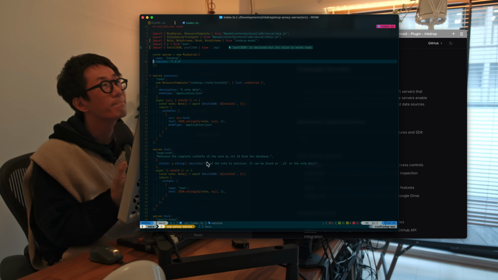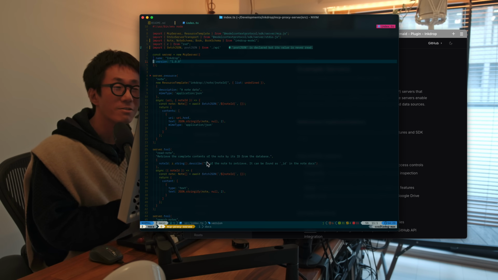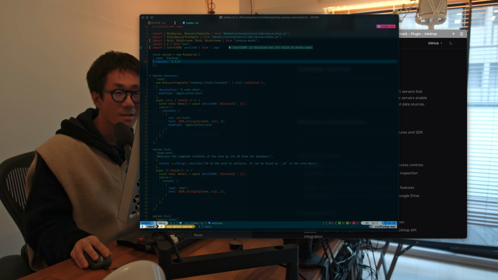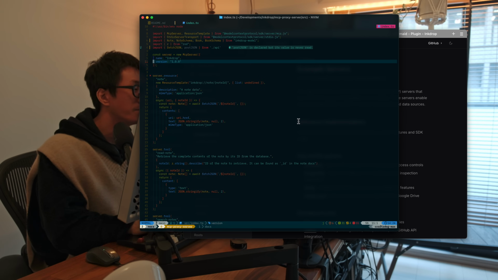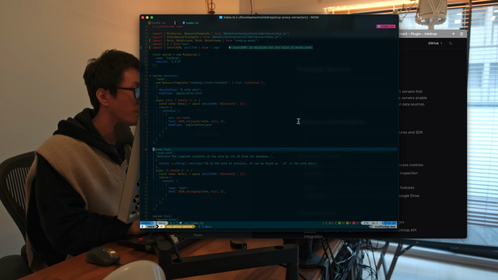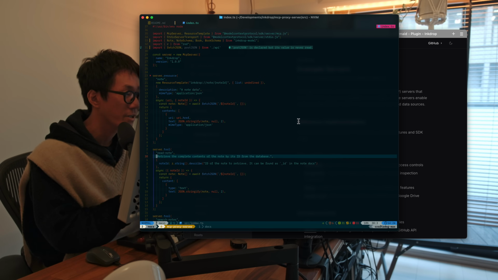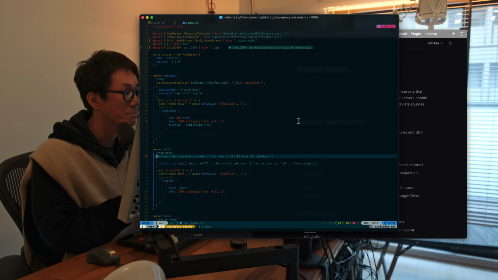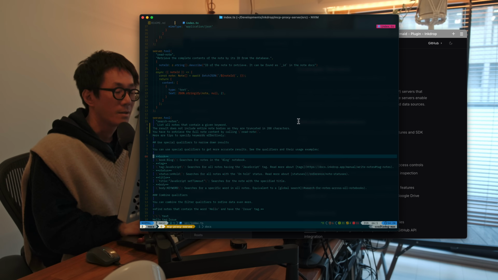So it allows you to use your knowledge, your tech notes, from Claude chat. So I've finished implementing some tools, which is read note. It allows Claude to retrieve the contents of the note by its ID from your database, and